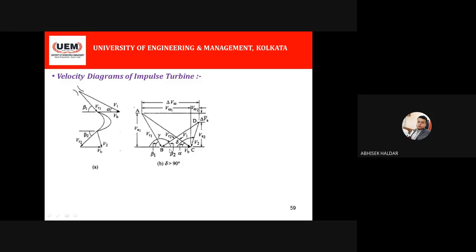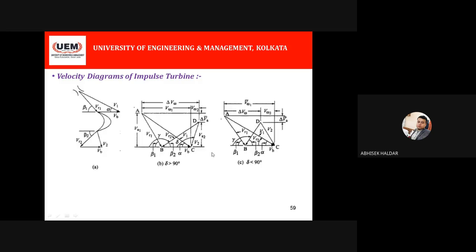So we can take that as common in this diagram, and we are just placing the inlet velocity diagram and the outlet velocity diagram on the same picture. Now see, this outlet velocity diagram may be of this type or of this type. That depends on the value of v2, and obviously the angle beta 2. Now see, this delta angle, there is no such name for this delta angle.